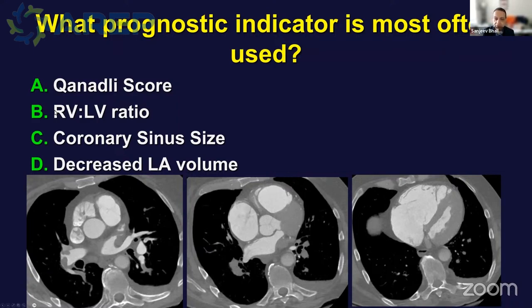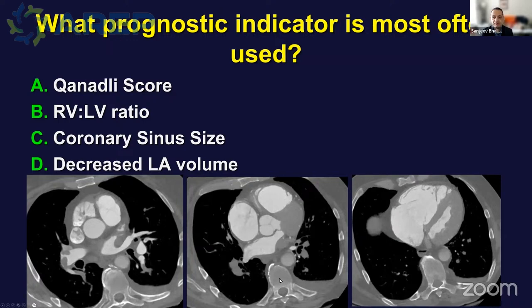Really much more useful is to look at the RV-LV ratio. Now, at our institution, we'll try to correct for the long axis of the heart with multiplanar reconstruction. But even if you don't, if you're just looking at an axial data set, and if the right ventricle starts to exceed a ratio of 0.9 to the left ventricle, then we start to worry that there's right ventricular enlargement. And we look for findings like this, where there's septal bowing. In this case, you can see that there's the beginning of a patent foramen ovale, which is